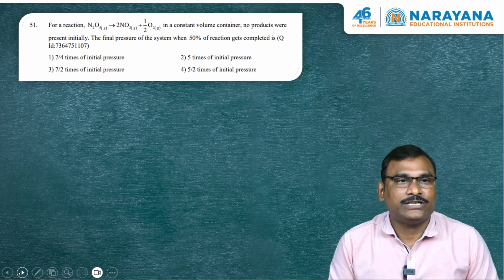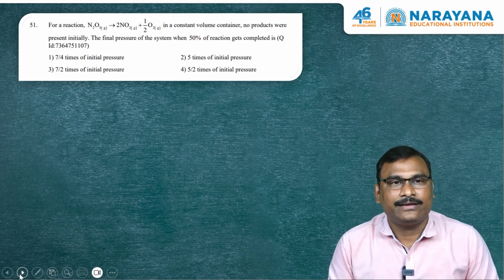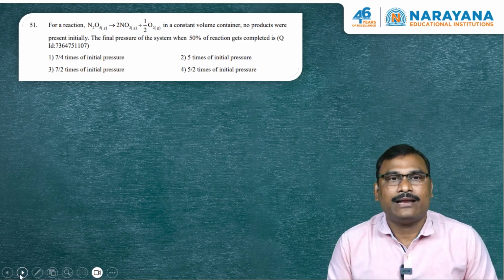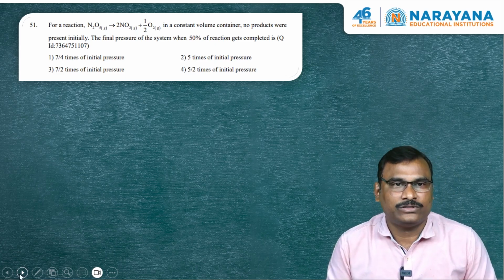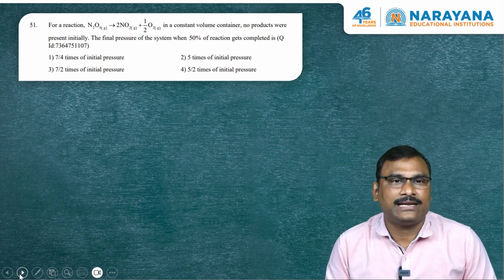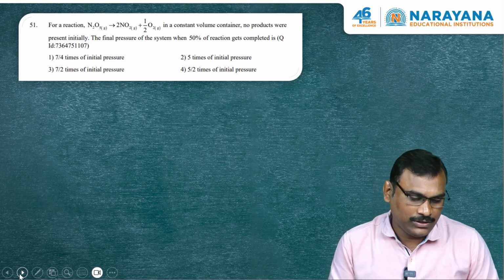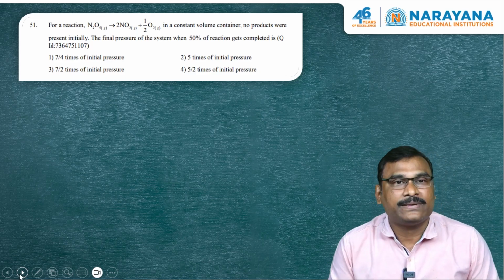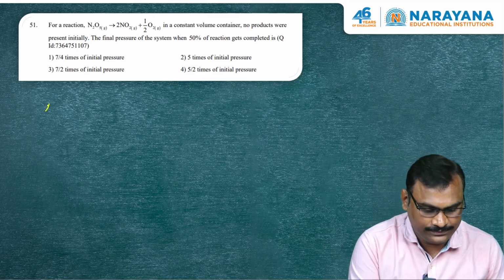Yes, the question number 1. For a reaction, N2O5 gas produces NO2 gas and oxygen gas upon its decomposition in a constant volume container. No products were present initially. What is the final pressure of the system when 50% of the reaction gets completed? So, how to calculate the final pressure of the system? See here,